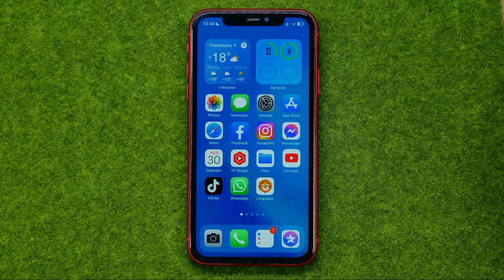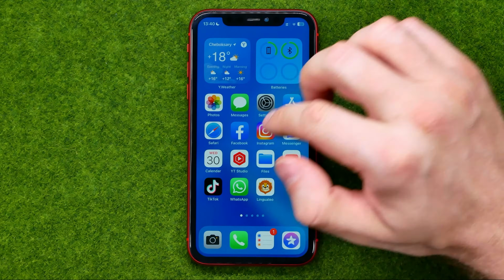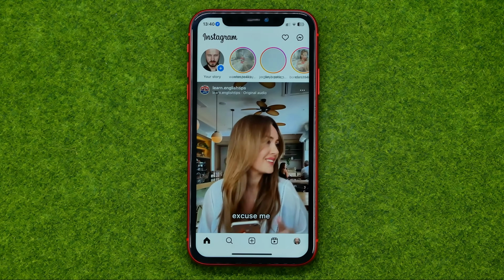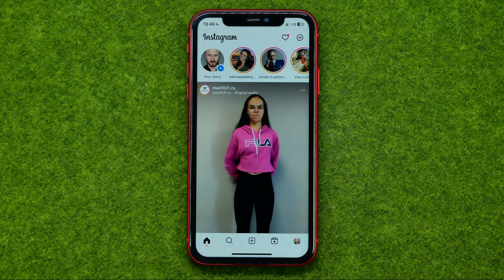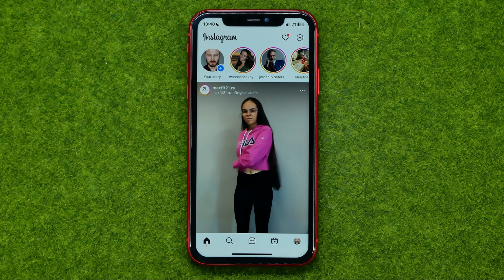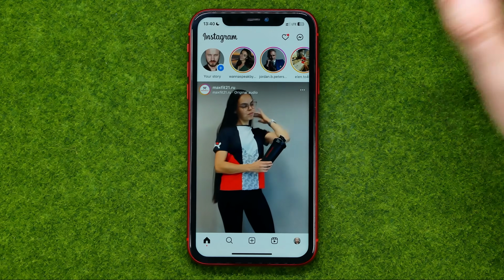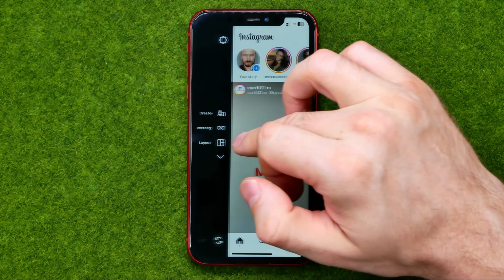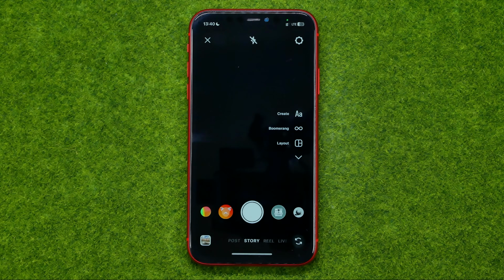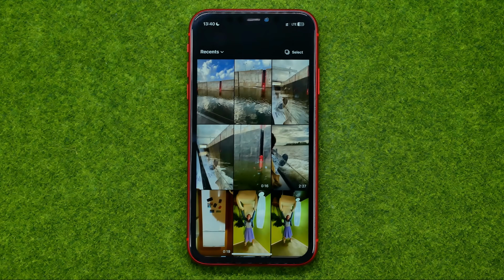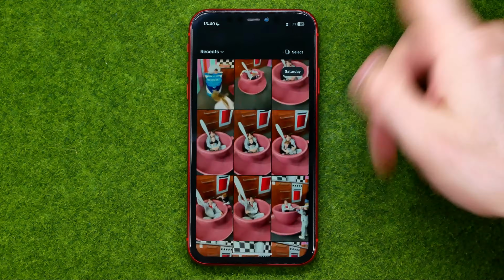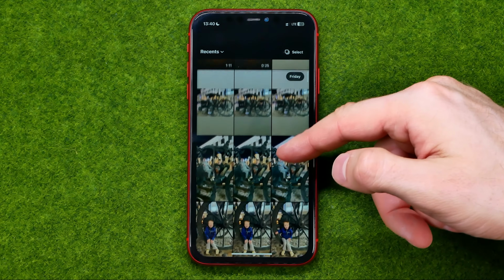After that, we can close YouTube and open up Instagram. The easiest way to share our YouTube video to Instagram is to share it on Instagram story. To do that, we just need to swipe to the right to activate story creating mode, and then all we have to do is just add some picture from our camera roll. I'm just gonna choose